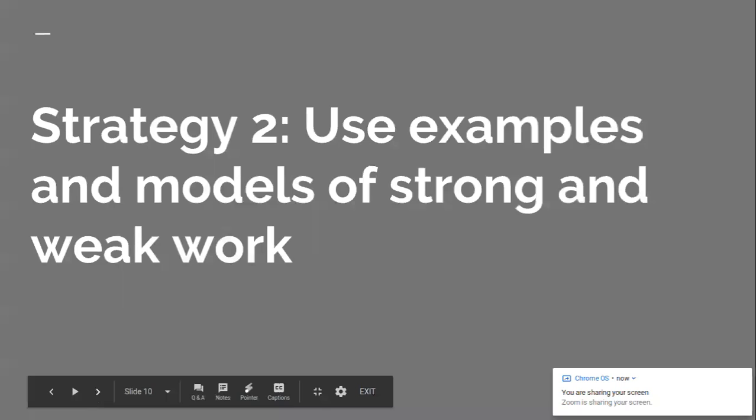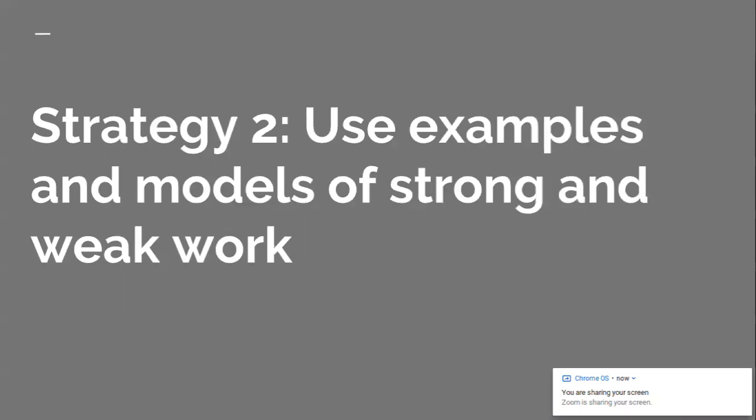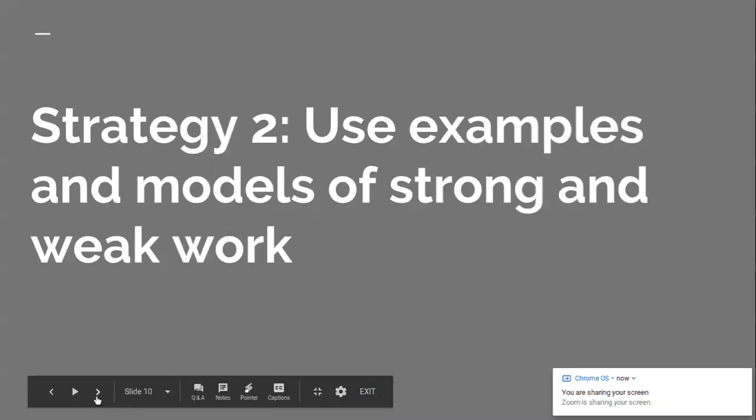We're going to use examples of strong and weak work. So they're not guessing how to please us. And this isn't about pleasing us. They're not guessing how we want this done. They already see examples of it. They see the best way to do it and a way that just is not meeting those targets. And they can look and they can evaluate them themselves.